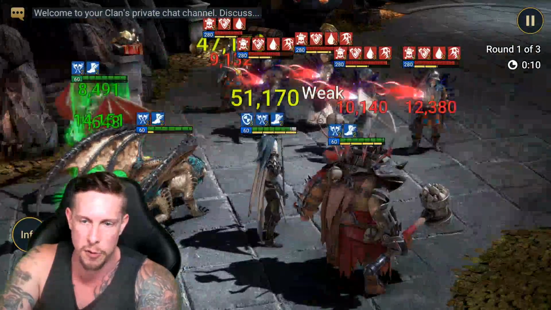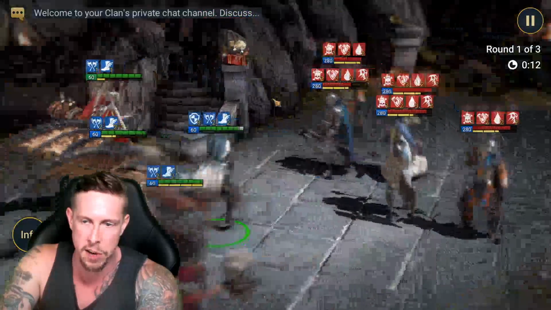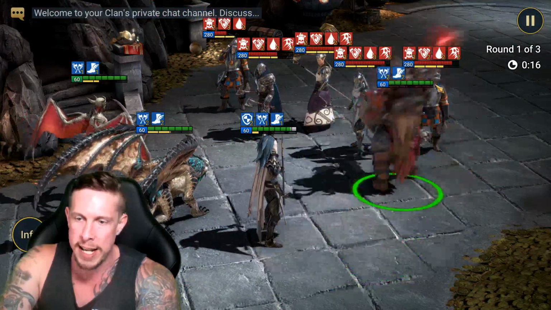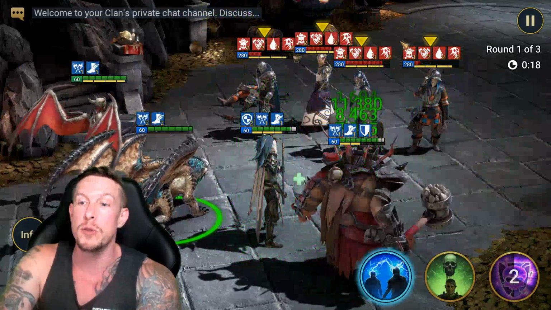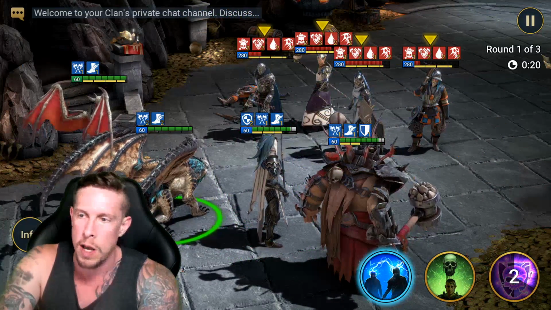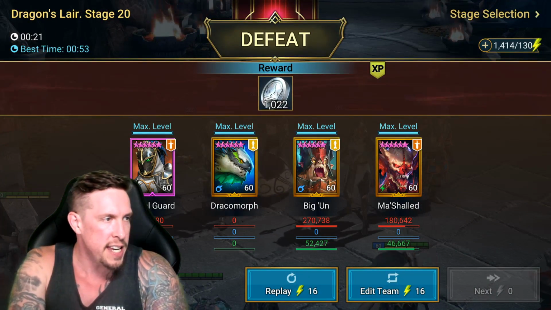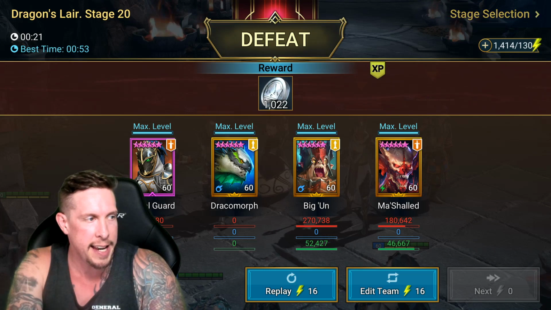Let's just go ahead and cycle through these A1s here, and then Biggin will be next to go. Let's start with his A1 this time. We're hitting at around 50 to 60K or so. Let's go ahead and reset. So A1, 50 to 60K. A2,